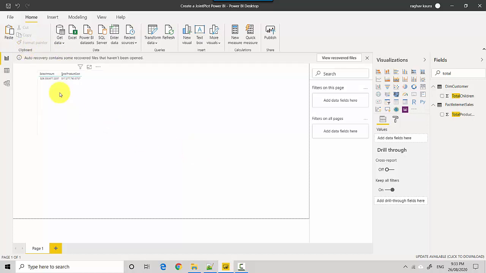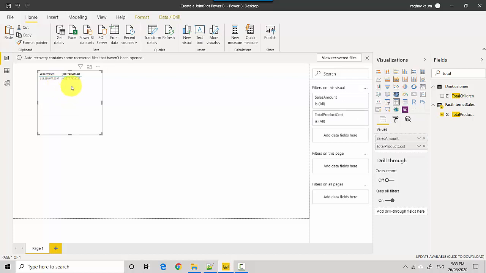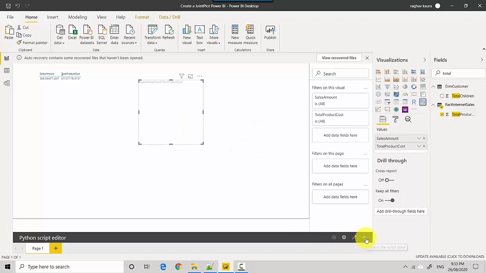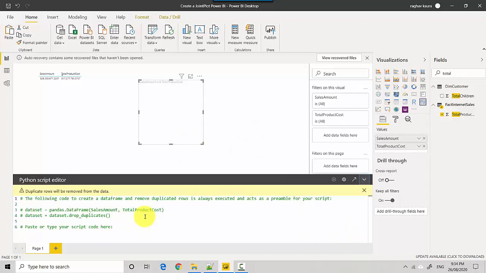So I've got this table here which basically shows me the total sales amount and total product cost, and I normally like to start with that, where I like to visualize my data in a tabular format before I convert it into a Python visual. So I'll just do a Control-C and Control-V. I'll move this around and click the Python visual and move this up, and you can see what it does is it's getting a data set and removing the duplicate rows for sales amount and total product cost. So I'm fine with that, and now what I'll do is I'll just go import